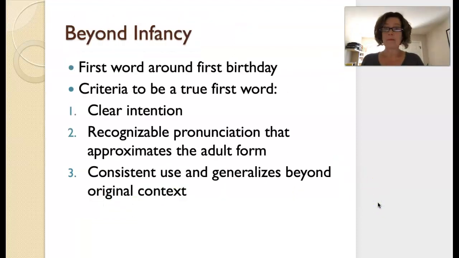Weren't they cute? Weren't the twins cute? Yep. Okay,